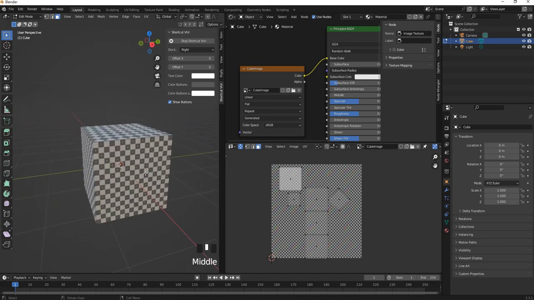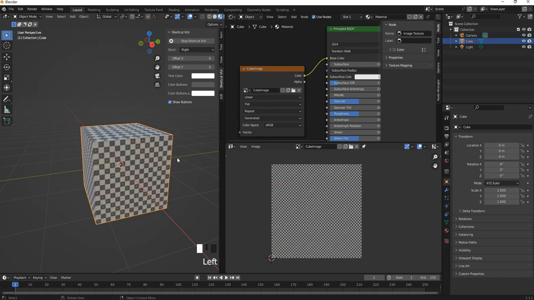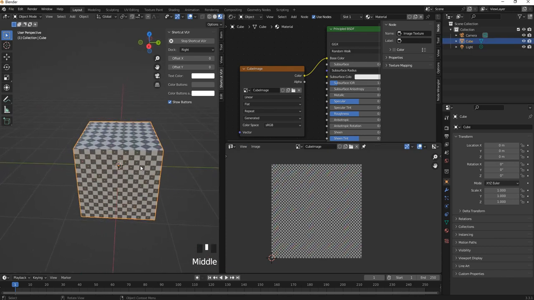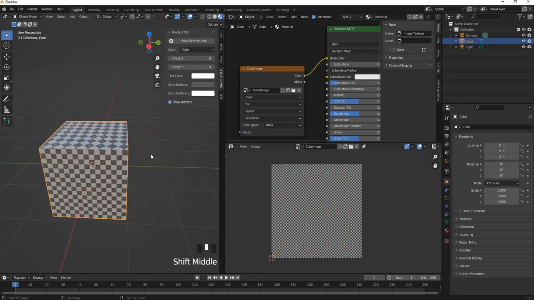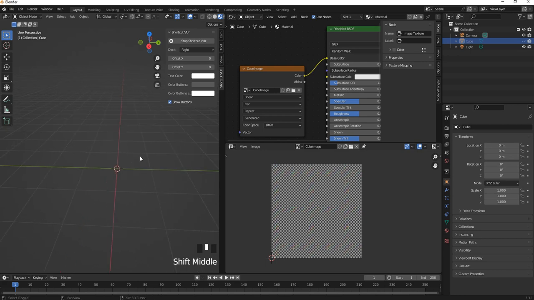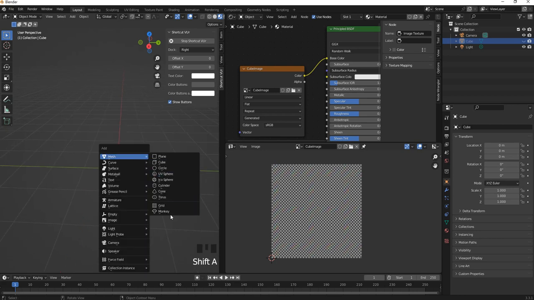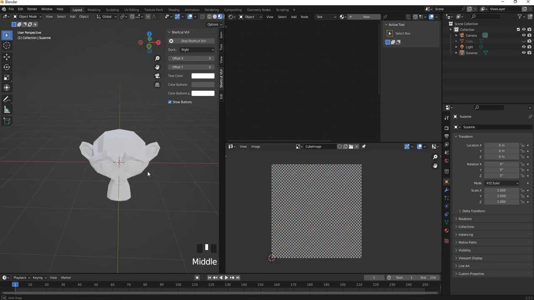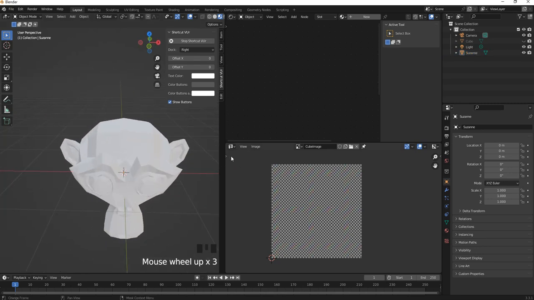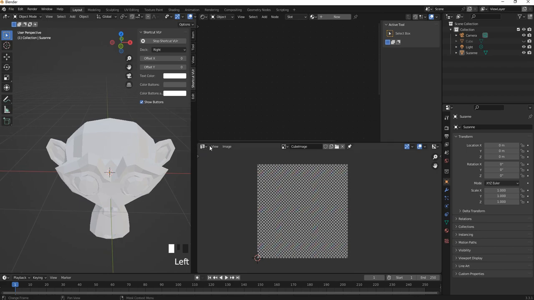Okay. So for now, I'm going to turn off this one, and maybe we can just delete, or yeah, I will just keep this one right here and press H for hiding. Let's create a new one. Press Shift A and create a monkey. And for this monkey model,